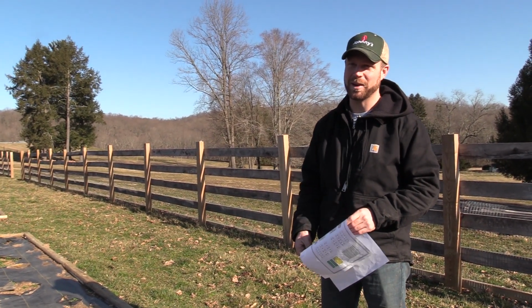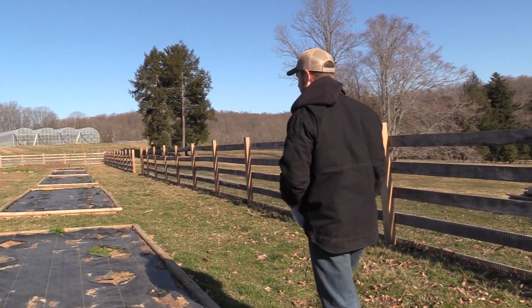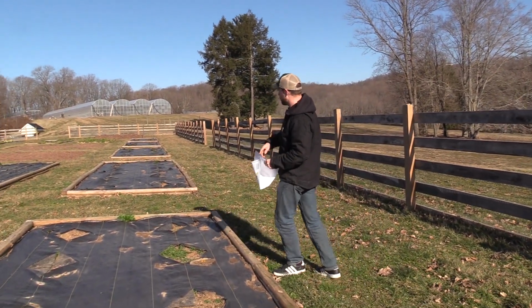Her digging everything up right behind me, we'll see how nice that is, but that comes with the territory. Let's see. So moving on down the line,